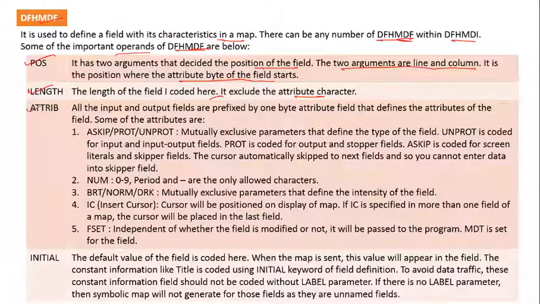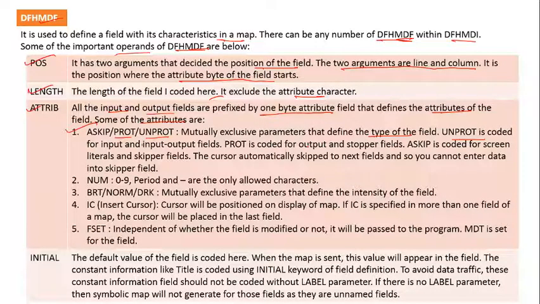And ATTRB, attribute. All the input and output fields are prefixed by a 1 byte attribute field that defines the attributes of the field. Some of the attributes are ASKIP, PROT, UNPROT, mutually exclusive parameters that define the types of the field.